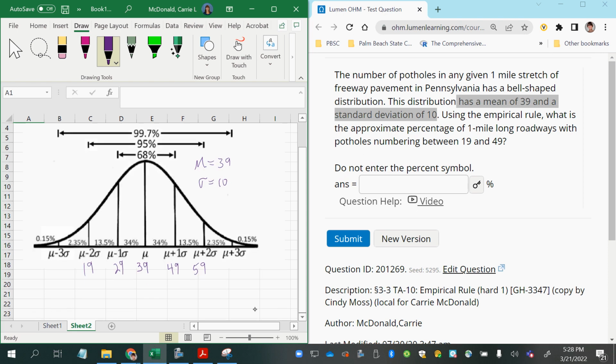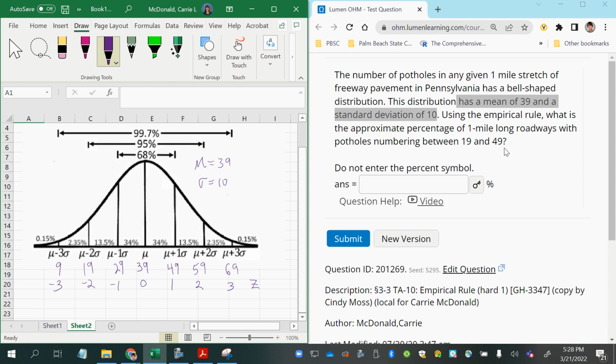So far, we have the mean of 39 that corresponds to a z-score of 0. 29 would be a z-score of -1 since it's 1 standard deviation below the mean. 49 is a z-score of 1 since it is 1 standard deviation above the mean, and so on. Add 10 again to get to 69, which would have a z-score of 3, and subtract 10 again to get 9 potholes with a z-score of -3. All right, now it says, using the empirical rule, find the approximate percentage of roadway potholes numbering